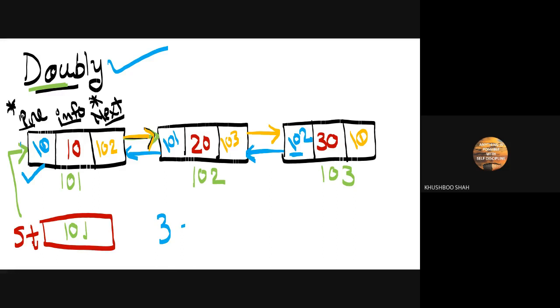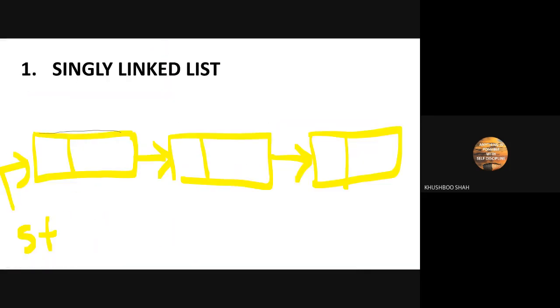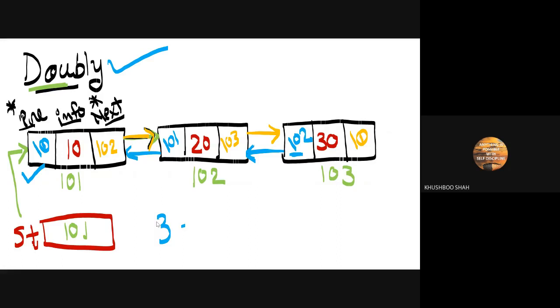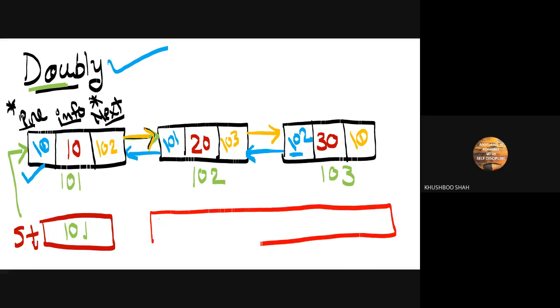Like if I start from this way, okay, let me give you one example. See, if I say that this is my memory locations, and am I audible, everyone?